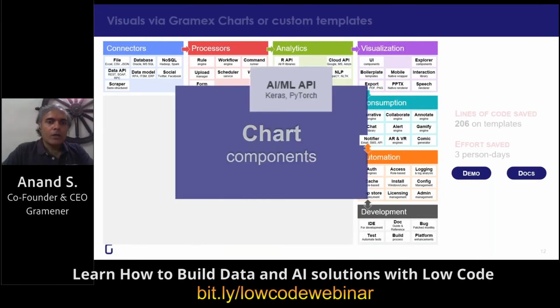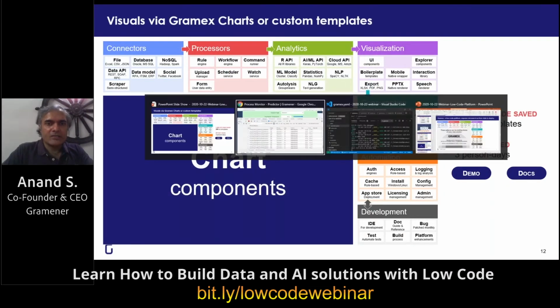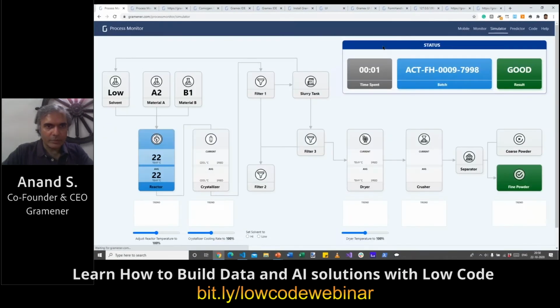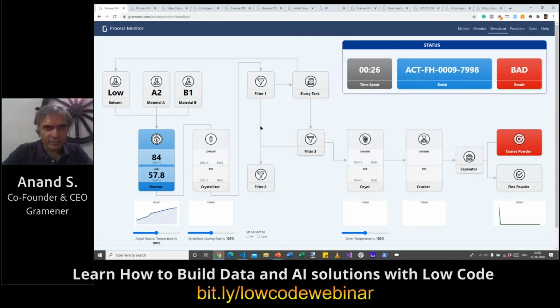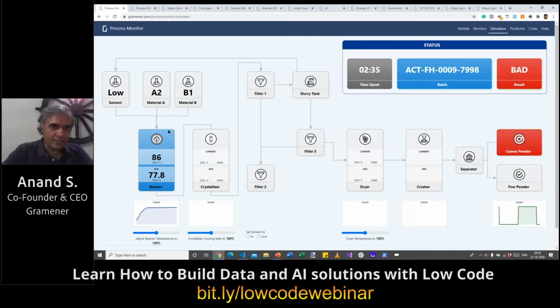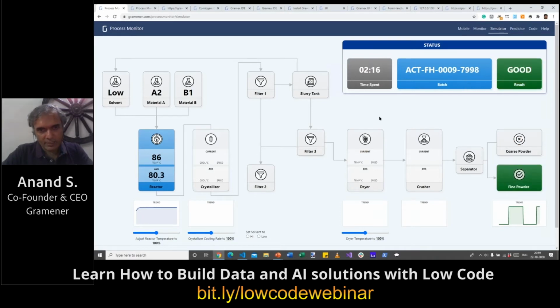Fourthly, now that we have the data, it's got to actually be rendered on a custom chart. A simulator like this, where we have the layout and that underlying data as time progresses and the data keeps coming in real time, needs to be updated here. But how does one go about doing that when there is no capability to create arbitrary charts? How does one create a structure like this?